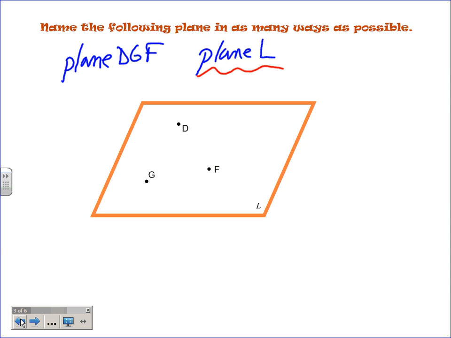No. So again, just like before, how many bad apples do you need? Just one. Can you have more? Could there be points all over the place in here? Yeah. And if I go with D, G, F, and any of the points that are out here in this room, they are non-coplanar, correct? But all you need is that one. And all of a sudden, the group of four, not coplanar anymore.